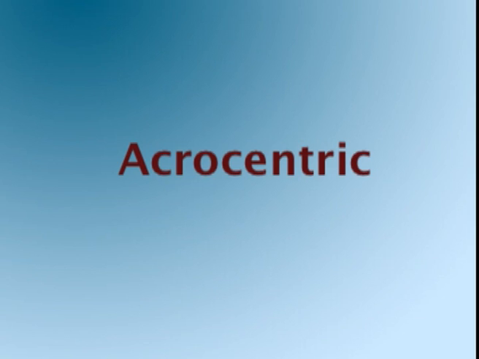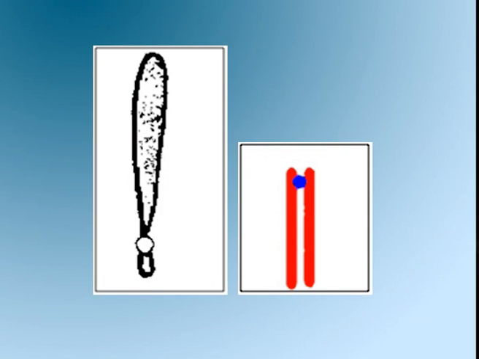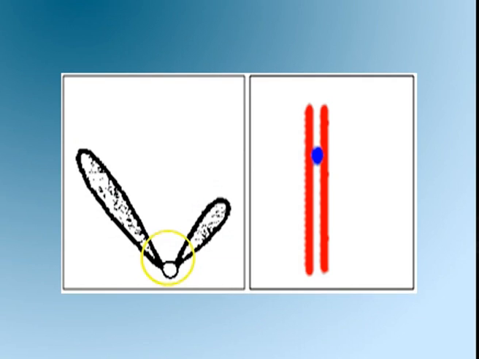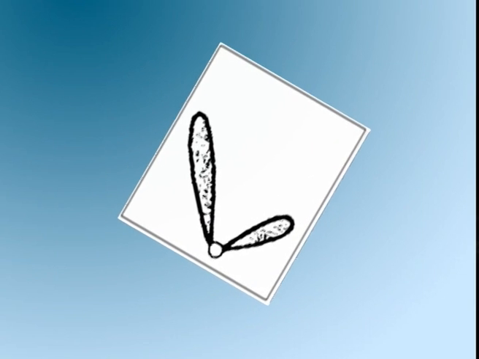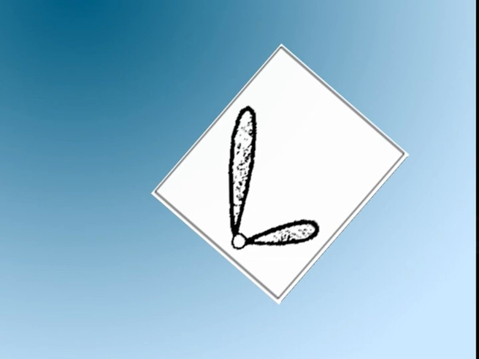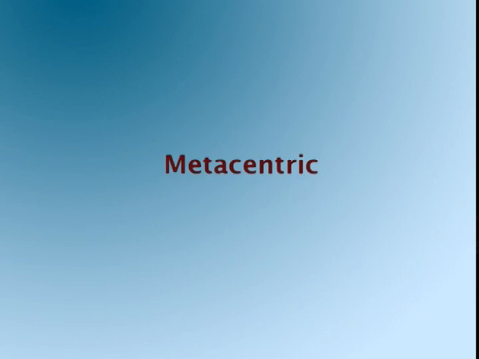Acrocentric. When the centromere is situated near one end, forming a long arm and a very short arm or even an imperceptible short arm, the chromosome appears rod-shaped. Submetacentric. When the centromere is situated slightly away from the middle, one arm of the chromosome will be shorter than the other. Such a chromosome will appear L-shaped during anaphasic movement.